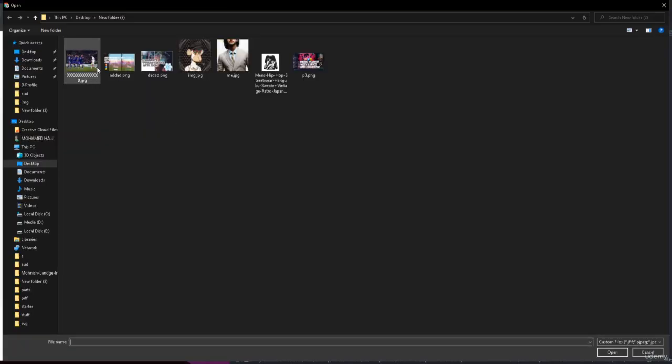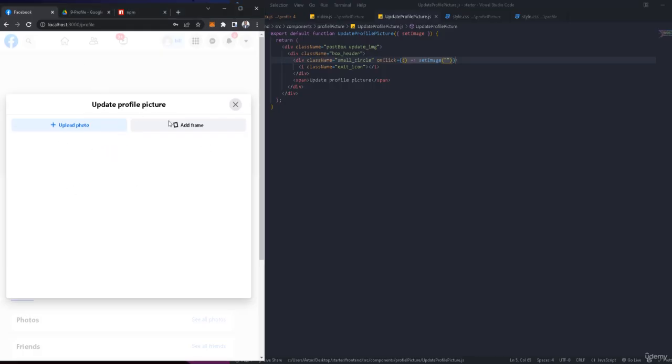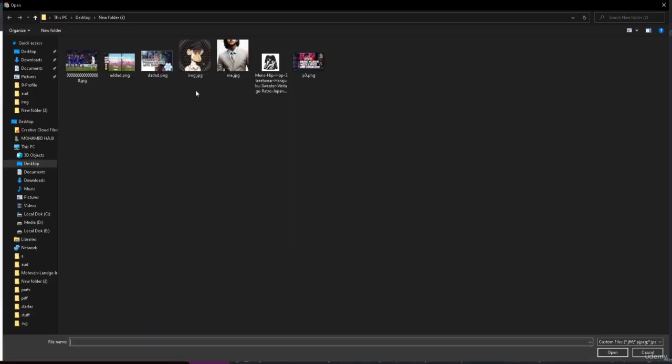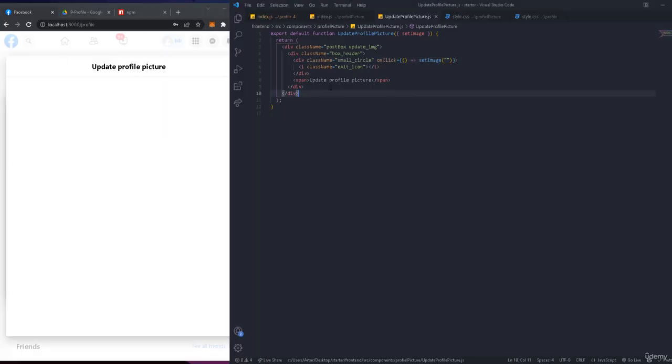Now I need to choose another image, like that. Let me choose another image. I'm going to fix that later, so let me choose this one like this. Now we're going to see that, and then let's go right here, and after the header we can have update image